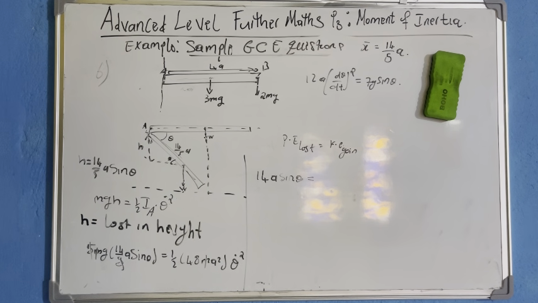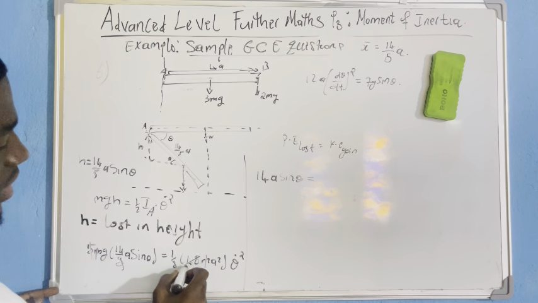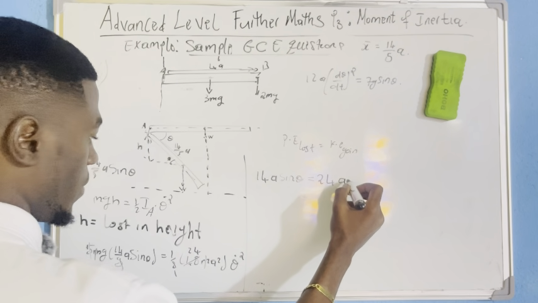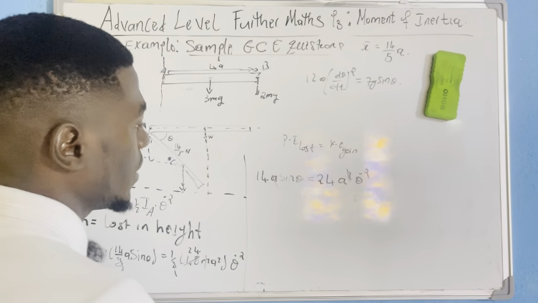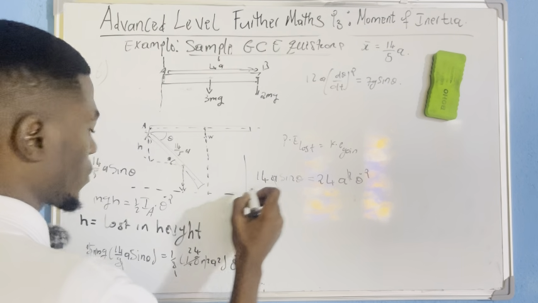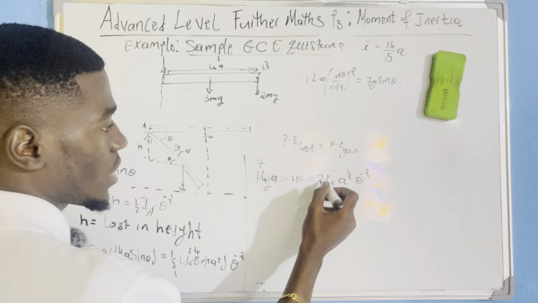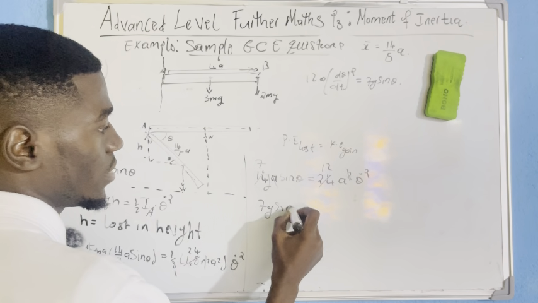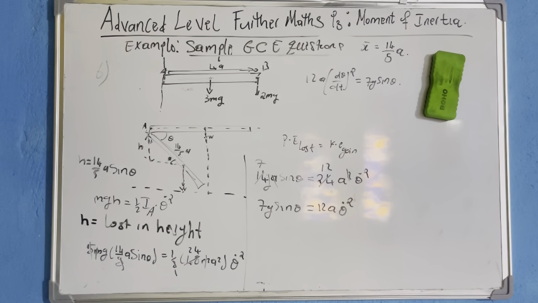Okay, so 14a sine theta should be equal to half here. 2 cancel here 1. 2 cancel 48 how many times? I think here is 2 times and here is 4 times. So I'll have 24a squared theta dot square. A here cancel here 1 time. Now what is common here? I think 2 is common now. Yes, 2 is common. Pardon, there was g here. 2 here cancel here 7 times. 2 here cancel here how many times? 12 times. So I'll have 7g sine theta equals 12a theta dot square. I think that is the proof, right? Yeah, that is the proof.